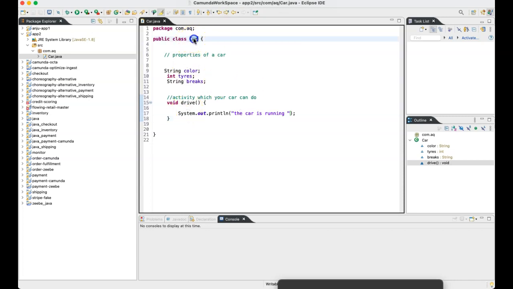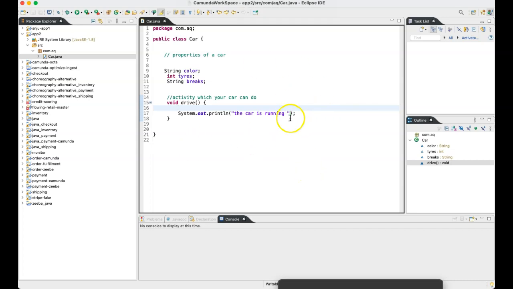What we did, we declared a class called car. Inside that, we defined a few properties for it, right? Few properties in the sense of what it contains: color, tire, and brakes. It might contain many more things, but just to give you an understanding of what a car looks like, I'm telling you. And then what it can do, it can drive. Yes or no? Assume that this is the design, what the first person who built a car design did.